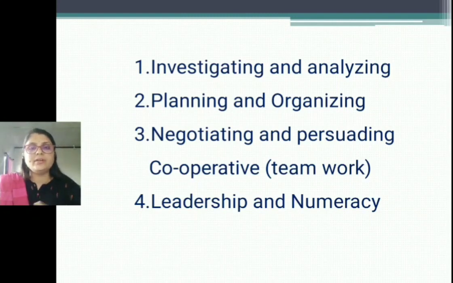After this, only one topic of the theory is remaining. After that our syllabus will be completed, and then we are going to start our presentations: group presentation, seminar, conference. We will make different groups; some groups will perform group presentation, some will perform seminar, conference, like that. So you should prepare your PPT regarding what I told you in previous classes.